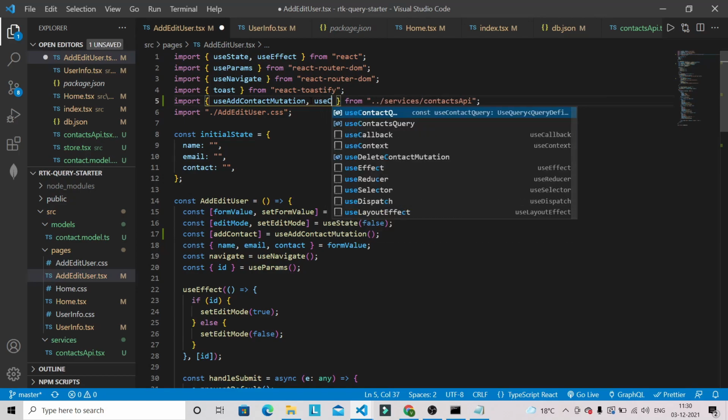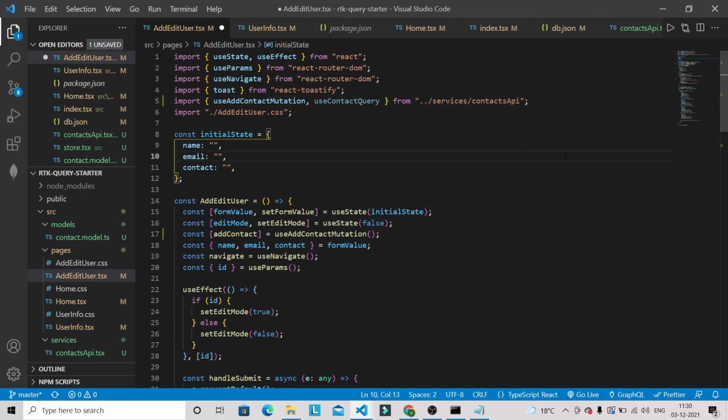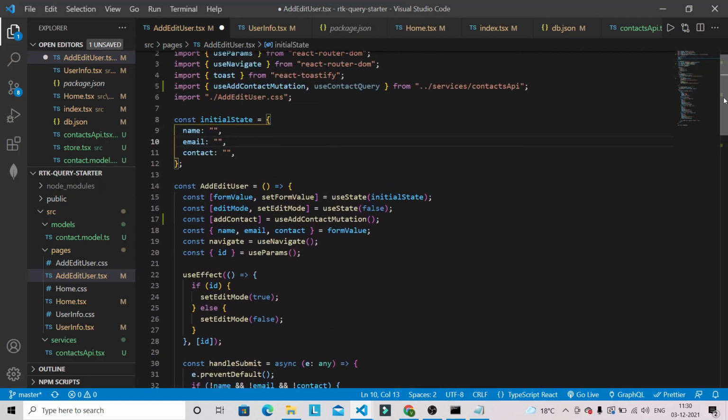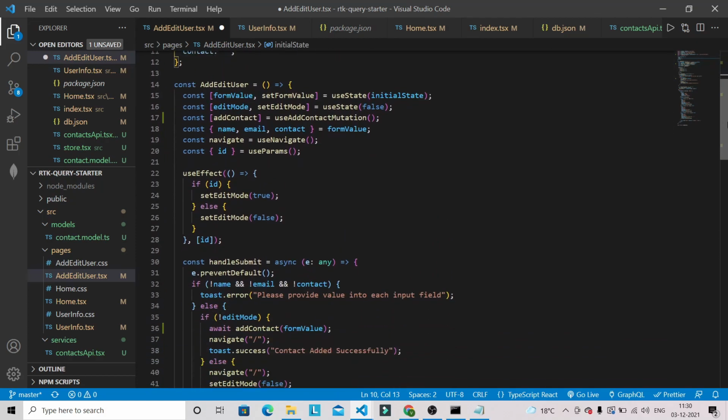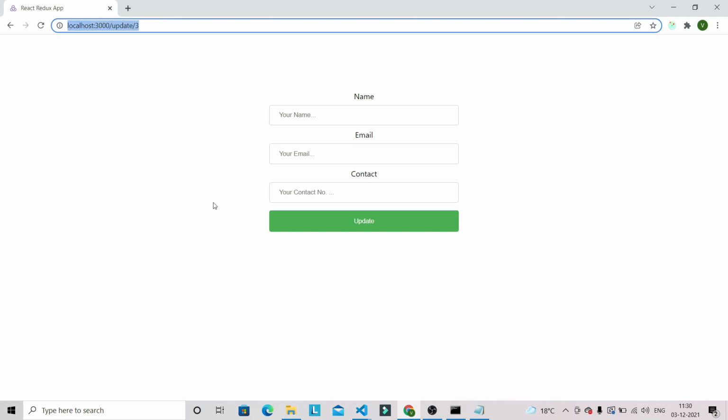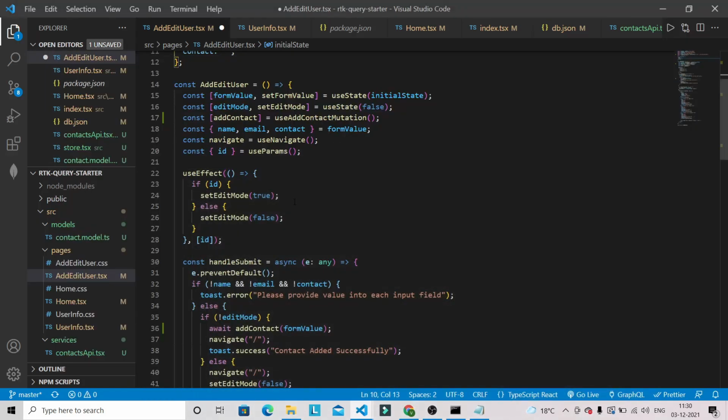use contact query. Okay, and after that what we have to do: here you can see that if the user clicks on this edit button, we have got this ID. So again we are getting this ID with the help of use params. Okay, and inside this use effect we are basically deciding whether the user is updating the existing contact or adding a new contact.